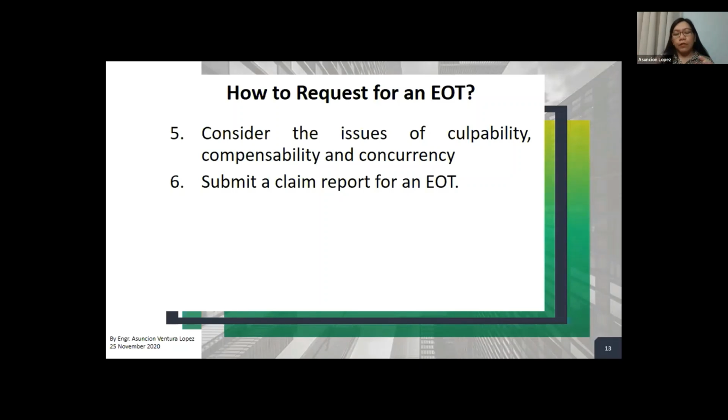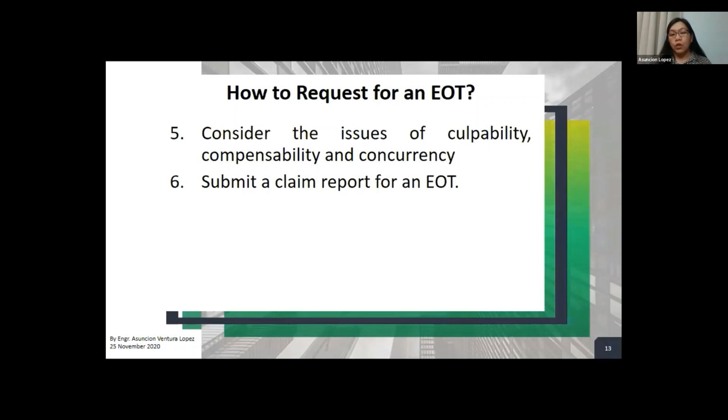If the delay that is caused by the client or other factors is running concurrently with the delay that is your own fault, that is the concurrency. I know it's a big topic with a long discussion, and you can have a more detailed discussion on concurrency later on. That's also an interesting topic.